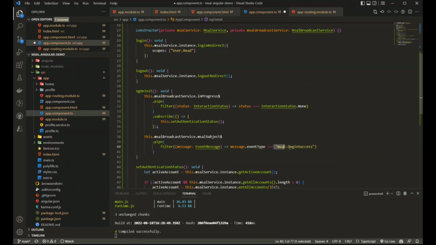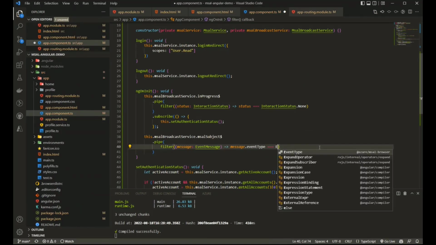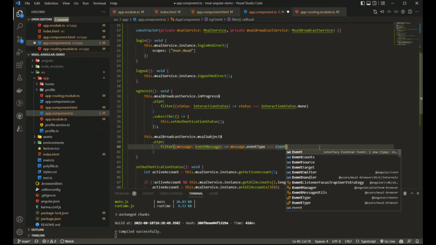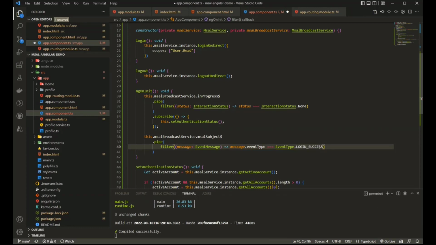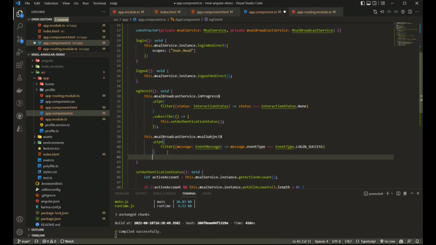Okay, but not like this. I need to import the event type enum. And then I'll have the login success here. Then I'll go ahead and subscribe to this. I'll have the same payload here.